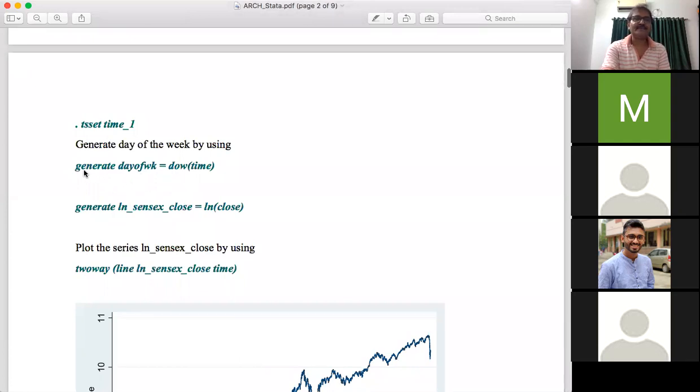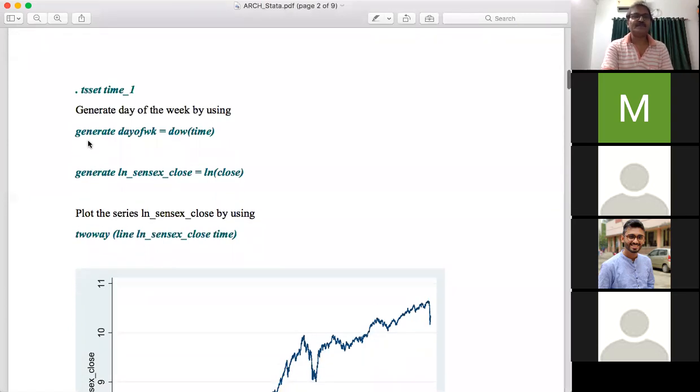So the command is g. I have written here the full form generate, but all of you know you do not need to write down the full form. If you write simple g, Stata will recognize g means generate. So g space, then you have to write day of the week, DAYOFWK.